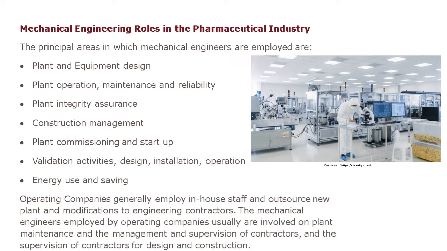There's a sort of written rule or unwritten rule: if it's not written down, it hasn't happened. So if someone comes in and says, we've done this, okay, you sign a form saying you've done it and what you actually did and what tolerances you work to. And the last one is energy use and saving. There's a lot of energy used in making pharmaceuticals because of the airflows and the opportunities for heat recovery, a lot of air conditioning systems.